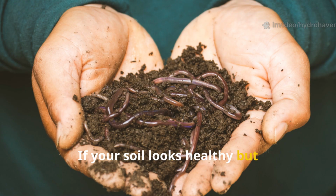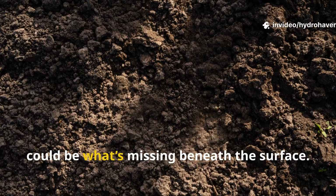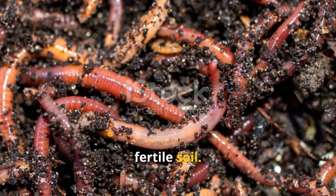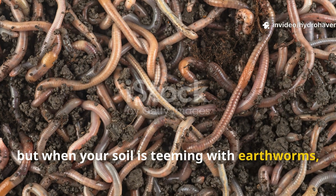If your soil looks healthy but earthworms are few and far between, the issue might not be your planting. It could be what's missing beneath the surface. Earthworms aren't just beneficial guests, they're active builders of rich, aerated, fertile soil. Healthy soil with few earthworms can look just fine, but when your soil is teeming with earthworms, it really comes